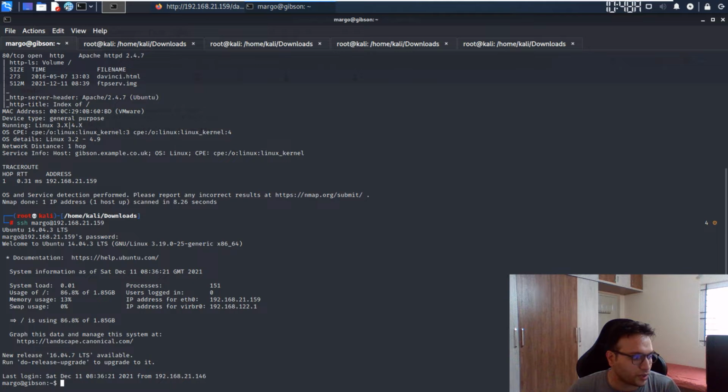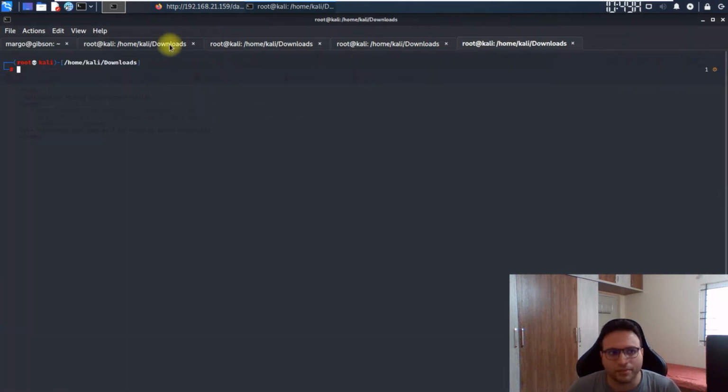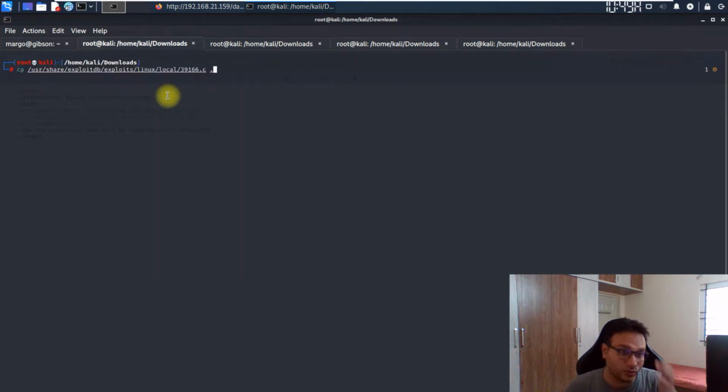And what's the next step we have to do? Now we have to identify what exactly the kernel version is on the target machine. Just to identify that, we have to run this. We have to identify what version is running over there itself. So we can see that Ubuntu 14.04.3 LTS is running over there itself. Okay, so by this way we are able to find that there is one version where, after researching for a longer time, I have identified that there is a known exploit available in the market. I'll directly use that.